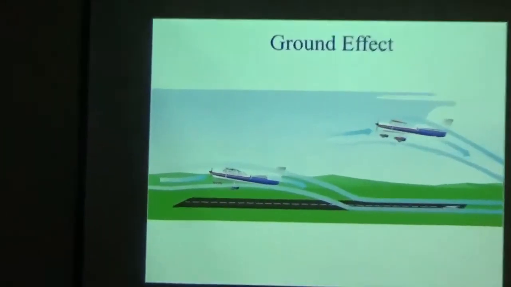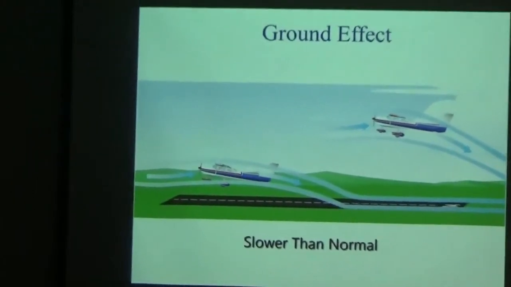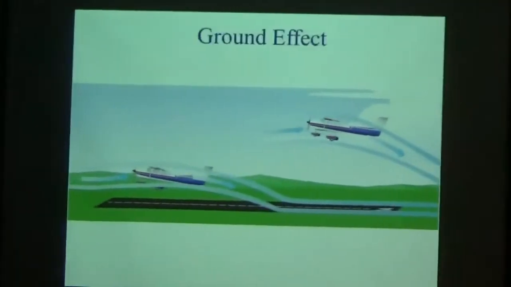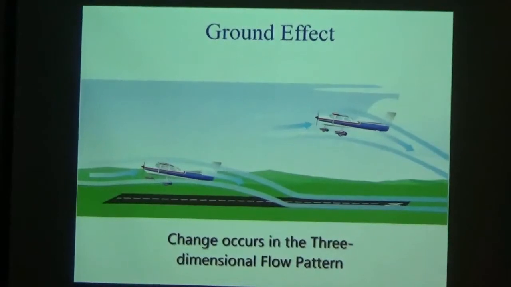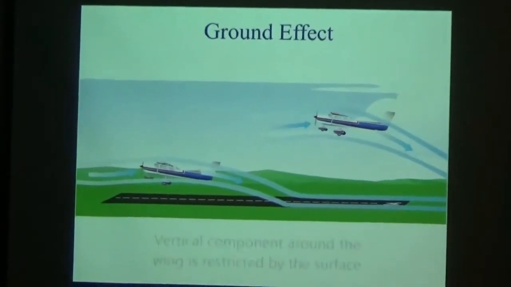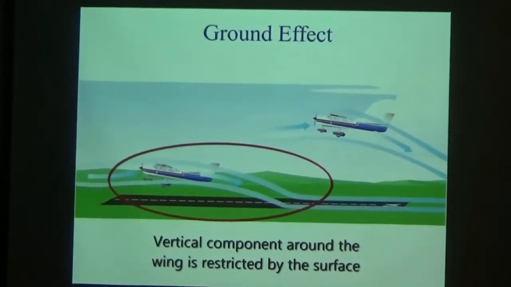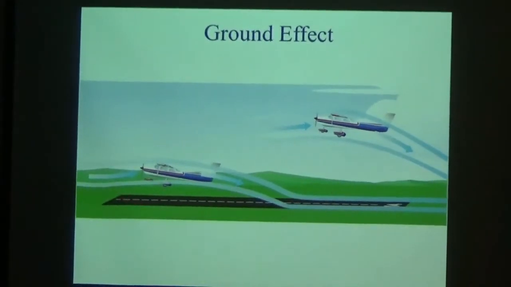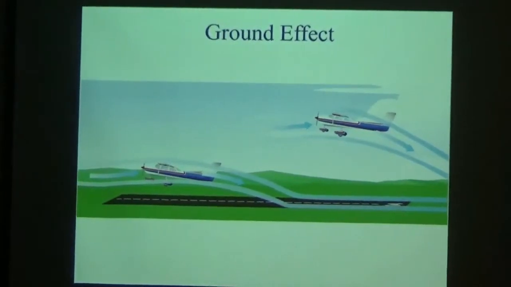Ground effect is a phenomenon that allows an aircraft to fly slower than normal a few feet from the ground. When an aircraft in flight comes within several feet of the surface, ground or water, a change occurs in the three-dimensional flow pattern around the aircraft because the vertical component of the airflow around the wing is restricted by the surface. This alters the aerodynamics of the wing mainly. The fuselage and tail surfaces are also affected, but ground effect mainly consists of the aerodynamic characteristic changes of the